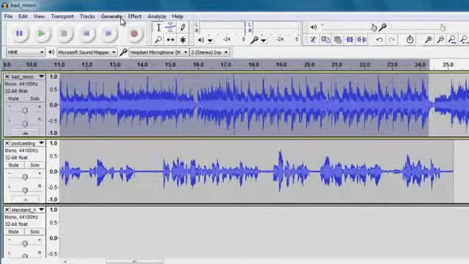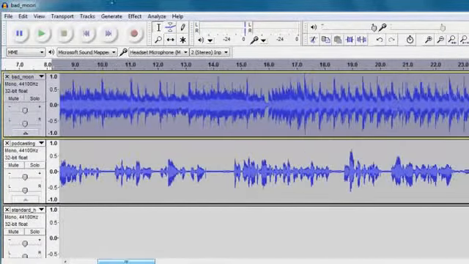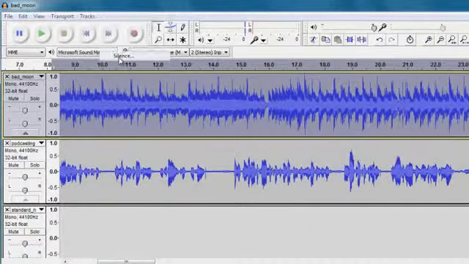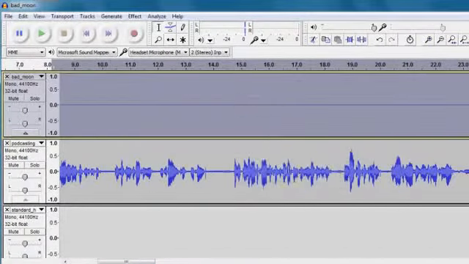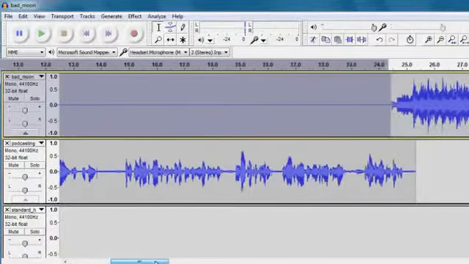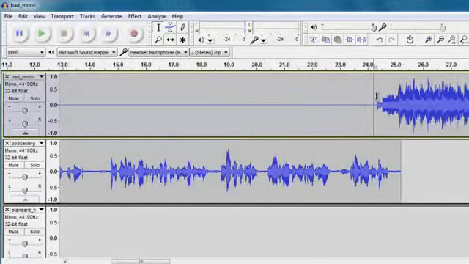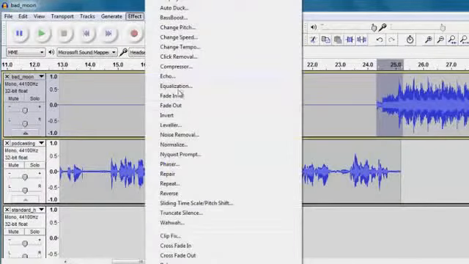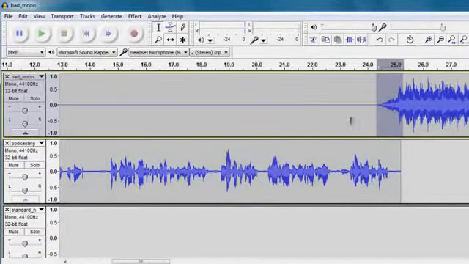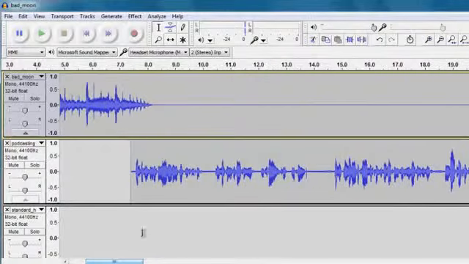So for this we're going to select the bit that we want to be silent and choose Generate Silence, and that makes that entire section silent. And then at the end here I want this to fade up. So I'm going to select this bit and I'm going to choose Effect, Fade In. Okay, so what we essentially have here is